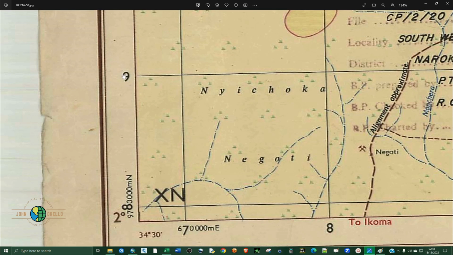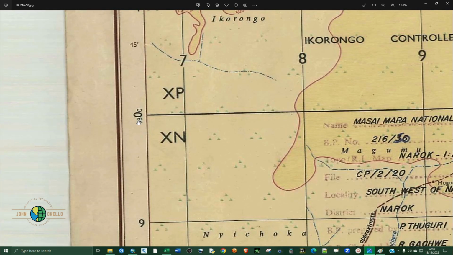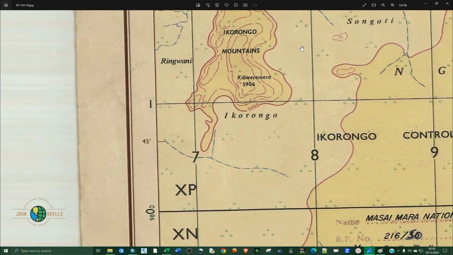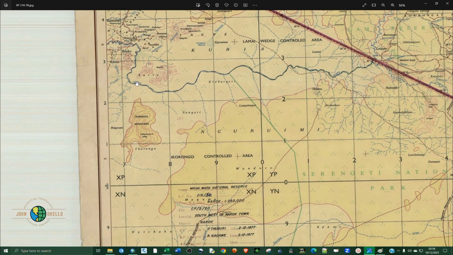So this should be 9,790,000, and then now we move to the next one, which is 9,800,000, but now you can see it is 9800. We multiply that by 1,000, just the same way we did with the longitude. So with that being said,